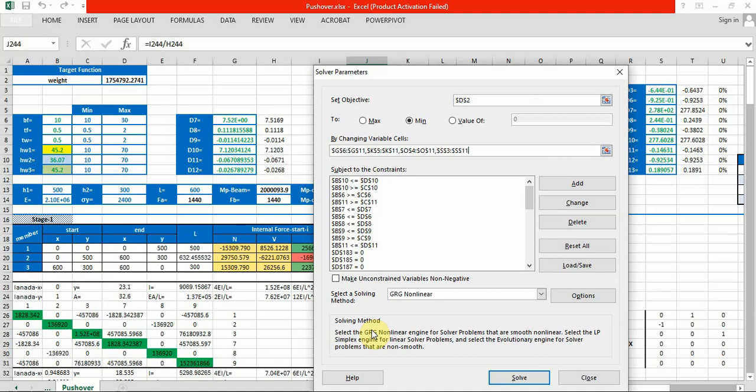As you see in this Excel file, it is very simple for learning and checking the pushover analysis step-by-step method, and it is very user-friendly for learning non-linearity in structural engineering, such as modeling any kind of analysis, the behavior of plastic hinges, or even